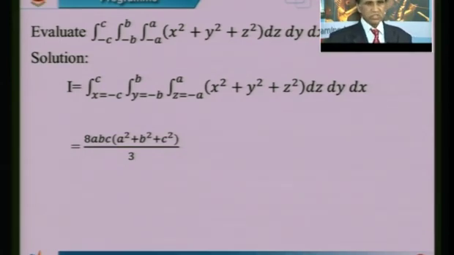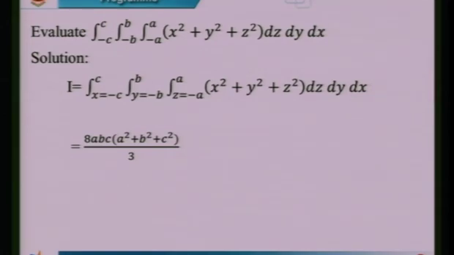Now let me solve the triple integral problem in the case of constant limits, first particular constants, then arbitrary constants. As I told you, then the limits as variables we will try to understand. The problem is the triple integration